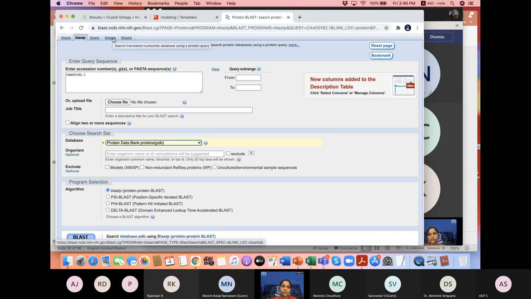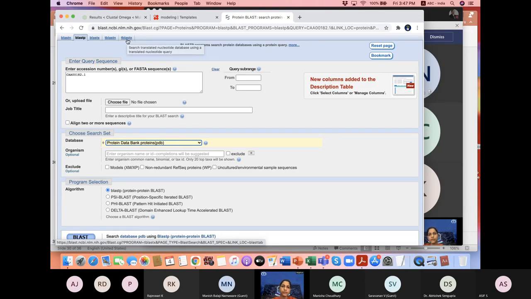Similarly, tBLASTn, the translated nucleotide databases, it will search, and here I will give a protein sequence. It will make it a nucleotide sequence and then try to look for the similar nucleotide sequence. And this is something very interesting.